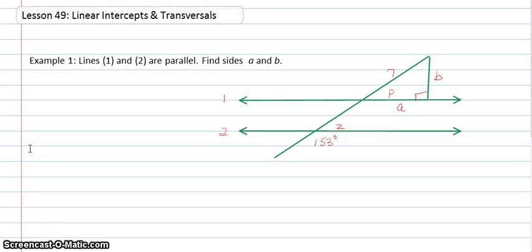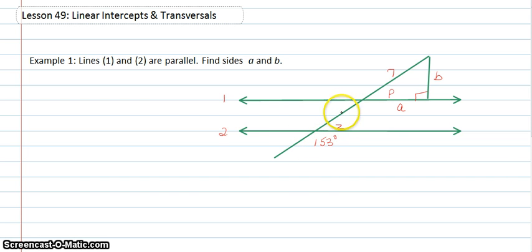In lesson 49, we're looking at linear intercepts and transversals. In example 1, we're given that lines 1 and 2 are parallel, and then we need to find what A and B are. So first of all, I start with finding Z down here, and I know because 153 degrees